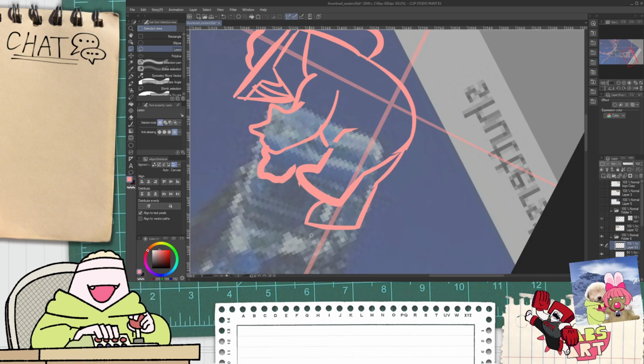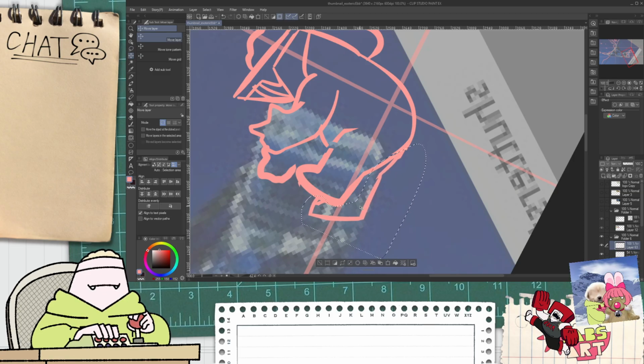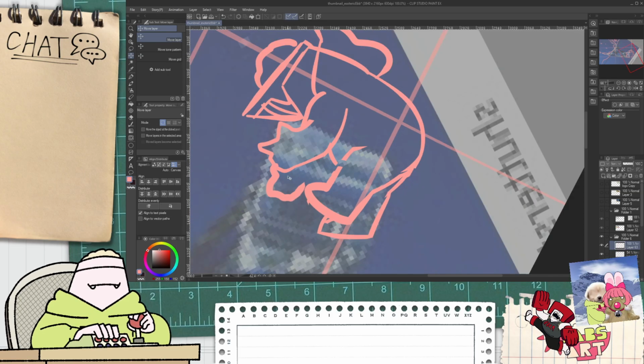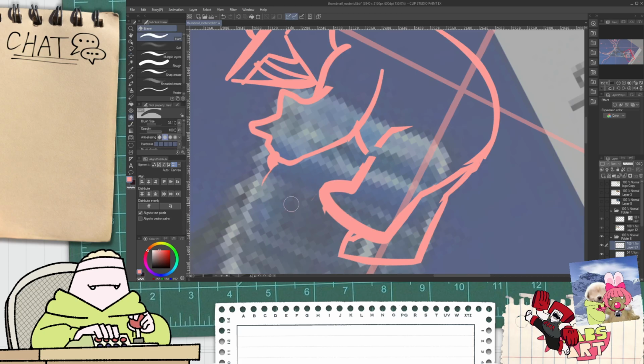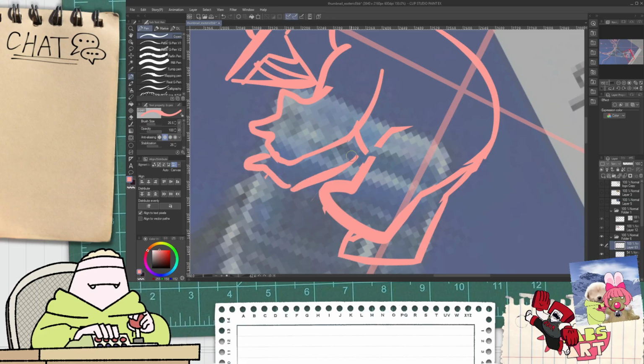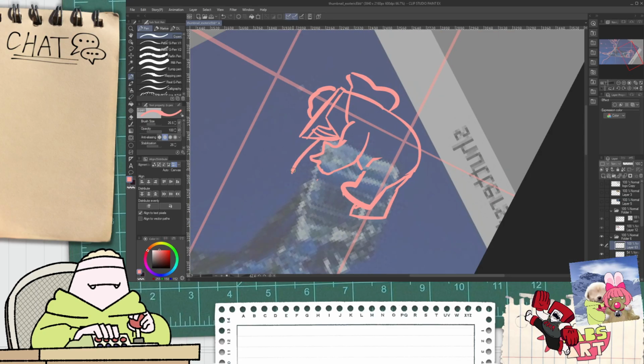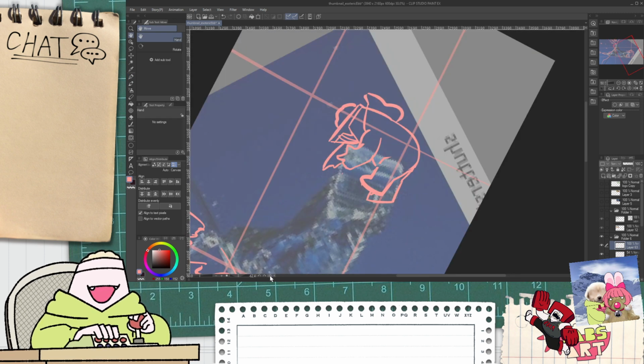Maybe by that much, and then maybe sliding this one back up a tiny bit. There we go. Okay, I think this is a better position for the hand.